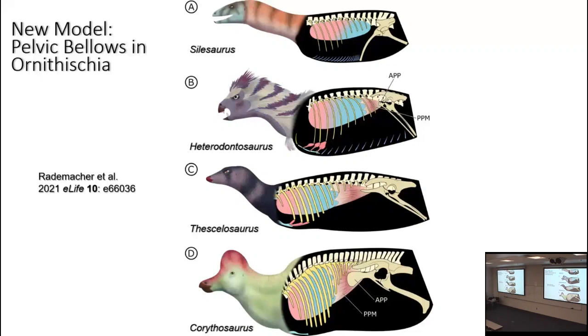So there's already evidence based on the morphology of the vertebrae and ribs that in ornithischians and in silesaurids, which are either proto-dinosaurs or early ornithischians, the front end of the lung is rigid, as it is in Saurischians, but the posterior end was more flexible, like it is in a crocodile, or pretty much anything else. That when we get to